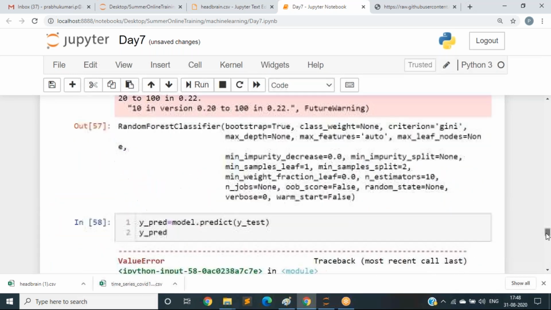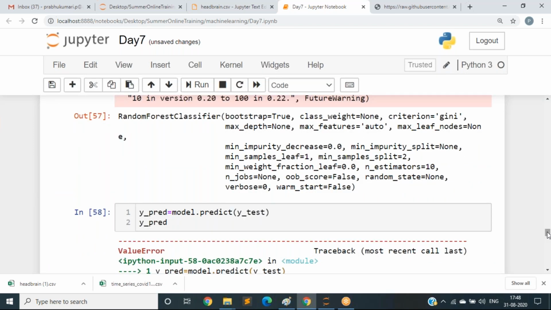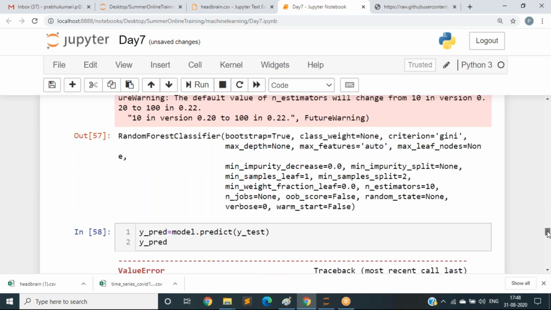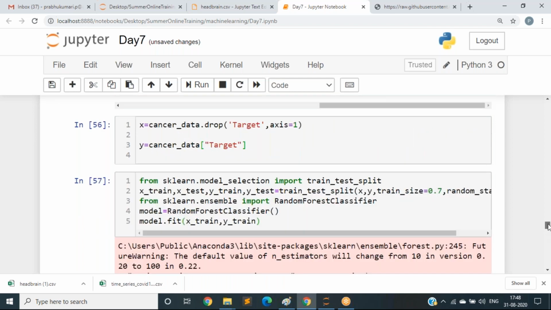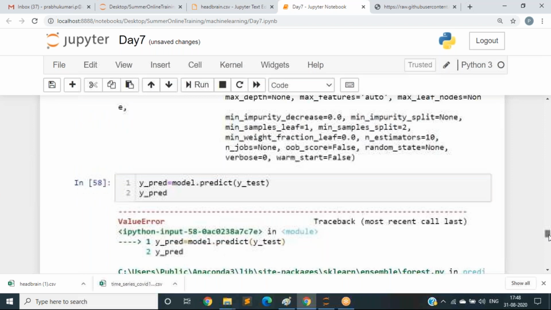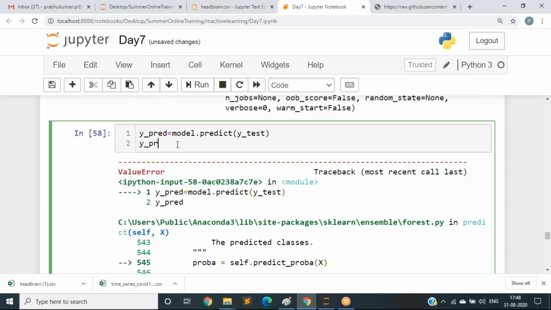Okay, here why I am getting... Yes, my test I should use here.